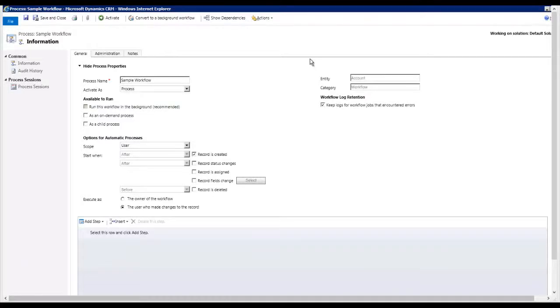Now I'm going to walk you through the real-time workflow editor in CRM 2013. Specifically, I will point out the differences in this editor compared to the background workflows or the asynchronous workflows. I have a real-time workflow called sample workflow open here, and the entity that it is applicable to is account,